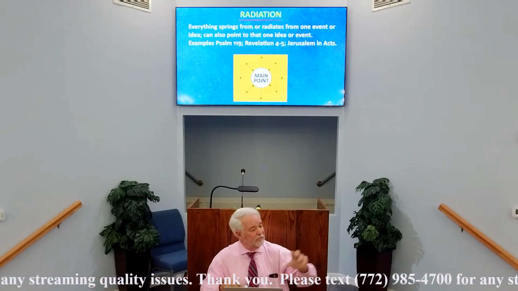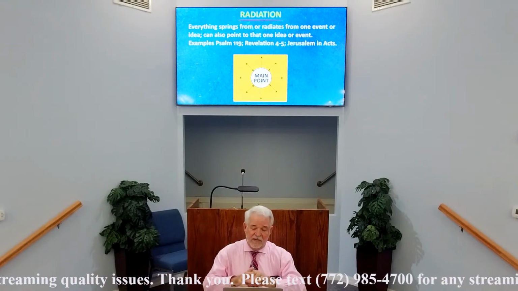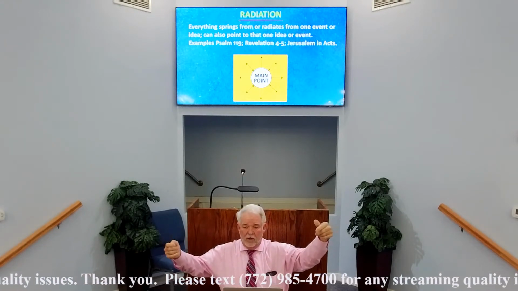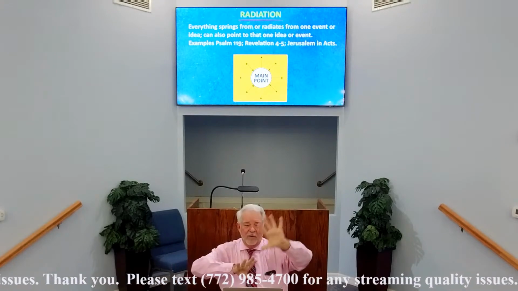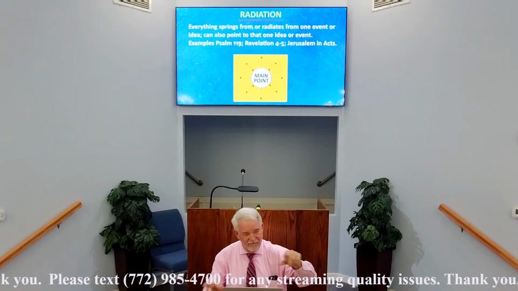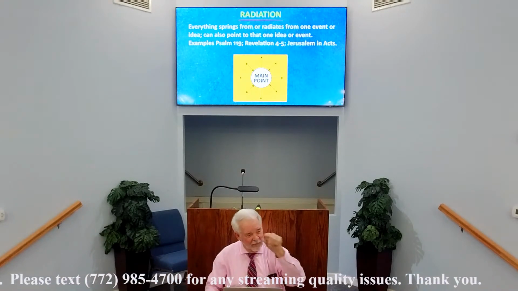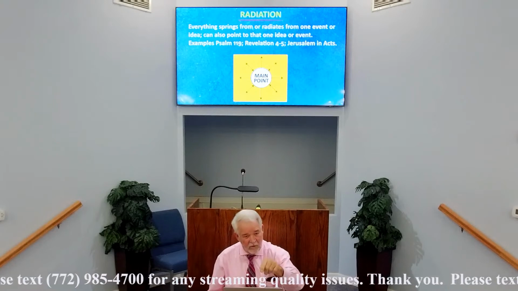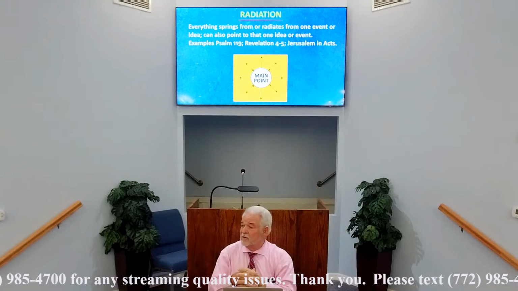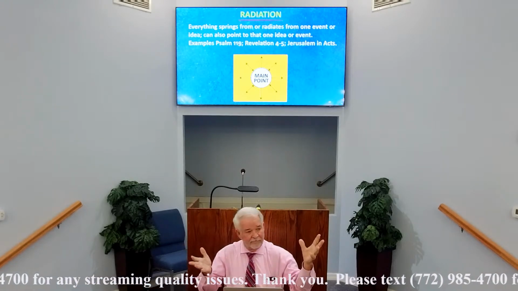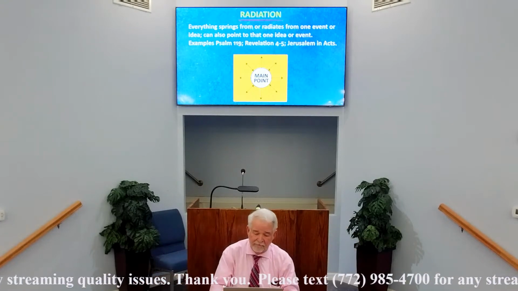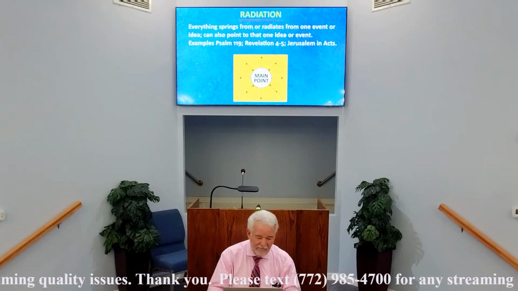And radiation is similar to principality, in that here you have more of a picture of a sun or something. You either have a sun where there's radiation going out, or you have the whirlpool going down the drain. Everything in the drain is circling around to go down the hole. You have that where it's going to an object or away from it. And you have the city of Jerusalem in the book of Acts. Everything comes from the city of Jerusalem. And things go back there a couple times, but they go away from the city of Jerusalem, which is a good point to make. Then there's contrast.